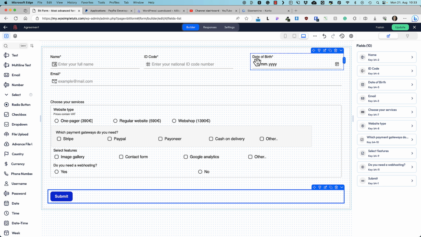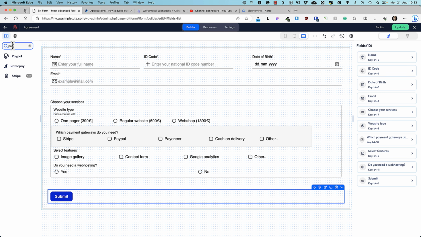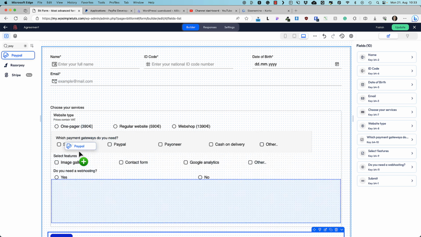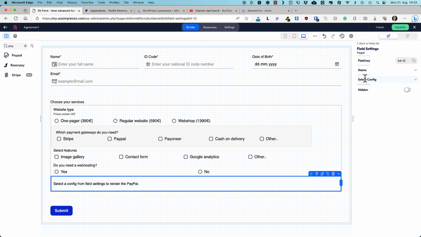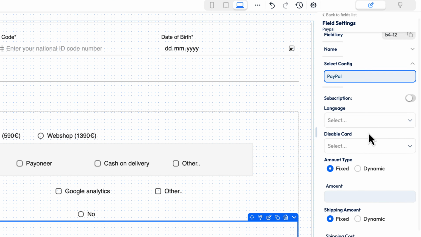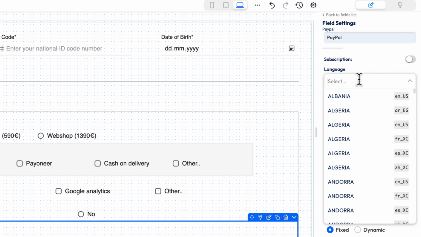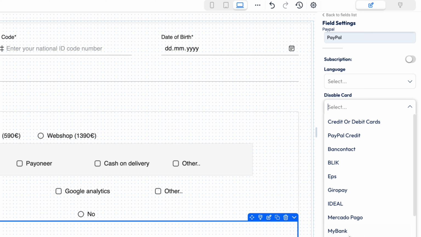Earlier I showed you how to integrate your site with PayPal, Stripe, and Razorpay. Now if you would like to add a payment field, then just scroll down and look for a PayPal, or you can also search here. Let's drag it here. Now let's click on it, and there is a select config option here. Select your PayPal, and now you'll see there are a bunch of other options here. You can set the language for the field, what cards you would like to disable with it,